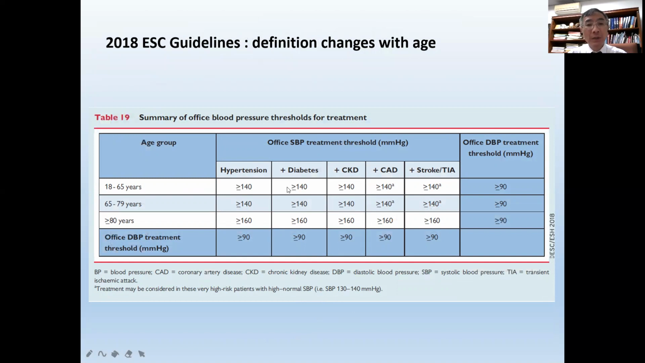age of the patient. The definition of hypertension by the European guidelines would be above 140 by 90, and that is for patients of all age groups with all clinical